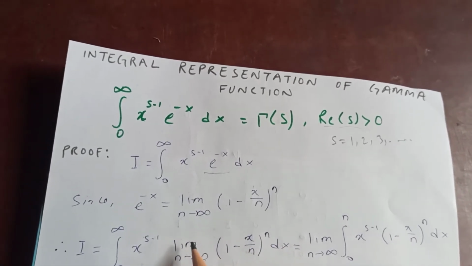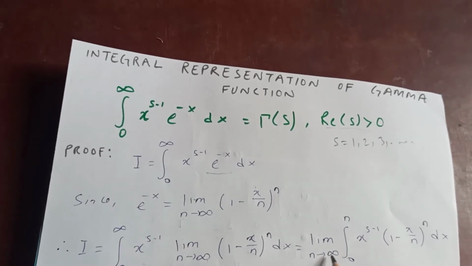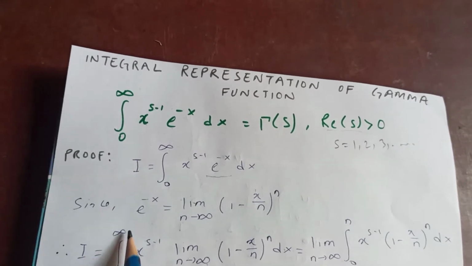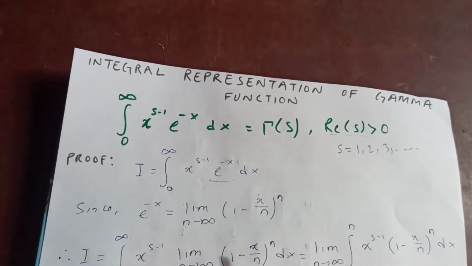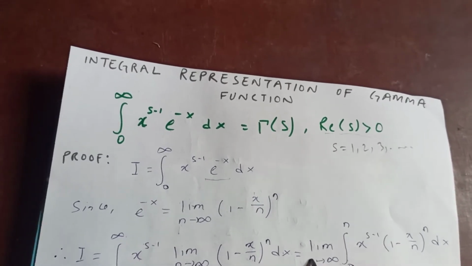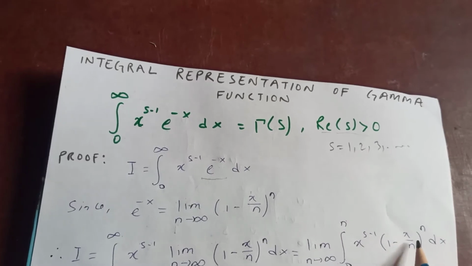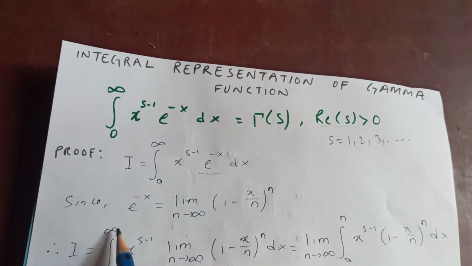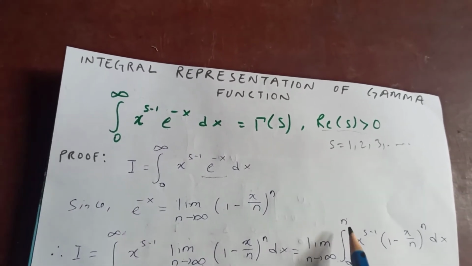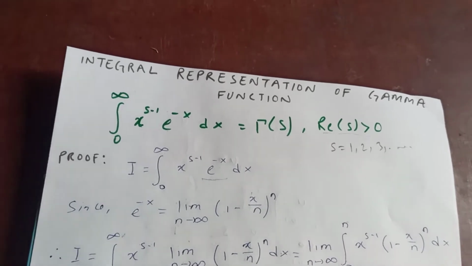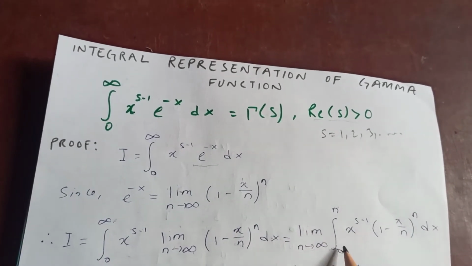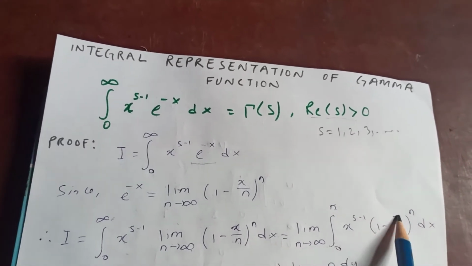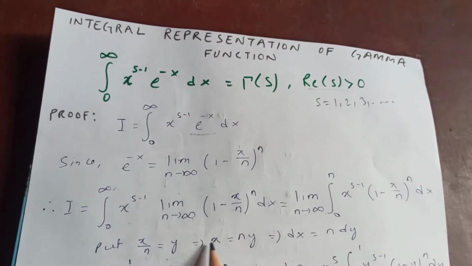Since this limit is constant, it comes out: limit n tends to infinity, integral from 0 to, since the limit is n tends to infinity, the upper limit is also infinity, so it will be n, because of the limit. So limit n tends to infinity, integral from 0 to n of x to the s minus 1 times 1 minus x by n to the n dx. Now substitute x by n equal to y, so x is ny,